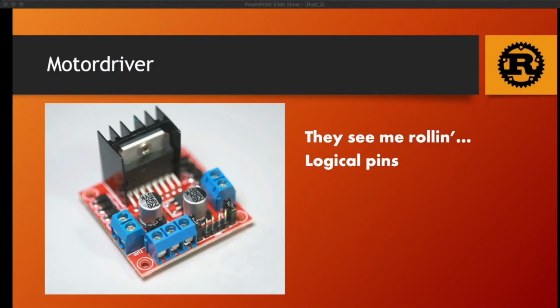Now, I want to show the motor driver. Alicia White said that the first time you will see a motor move because you decided it, you will be hooked. The Arduino does not have enough power to move the motors, so we connect it to the driver and connect the logical pins to the Arduino,